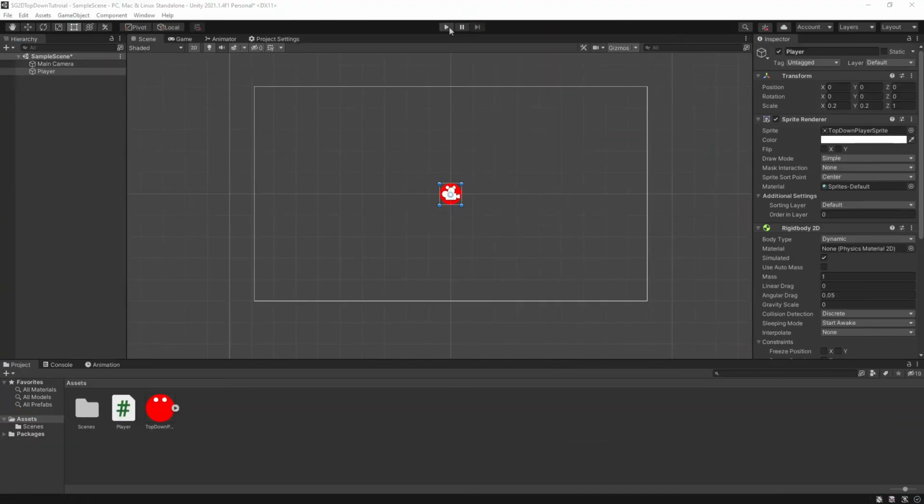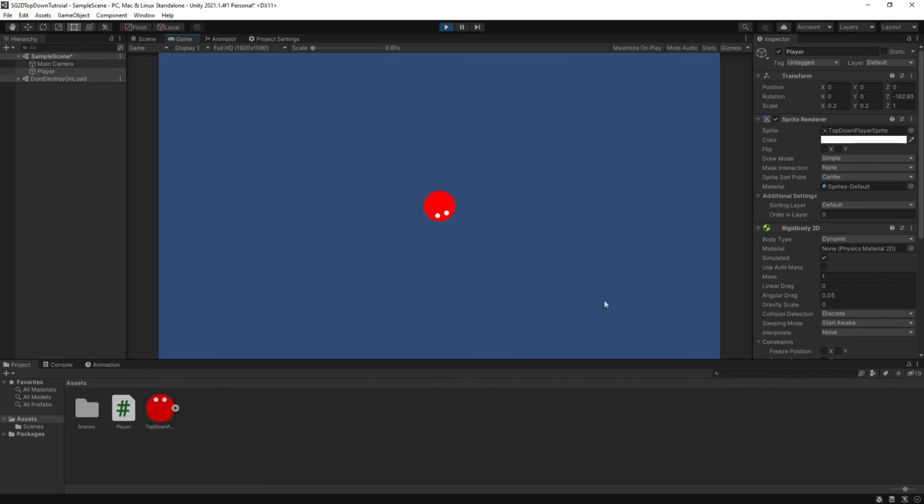Once back in Unity, hit play, and our player should now rotate to face the current position of the mouse